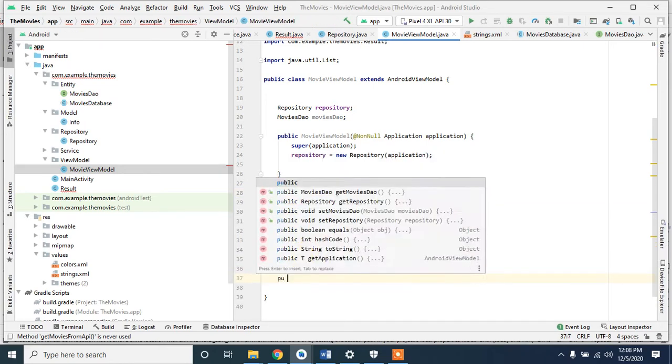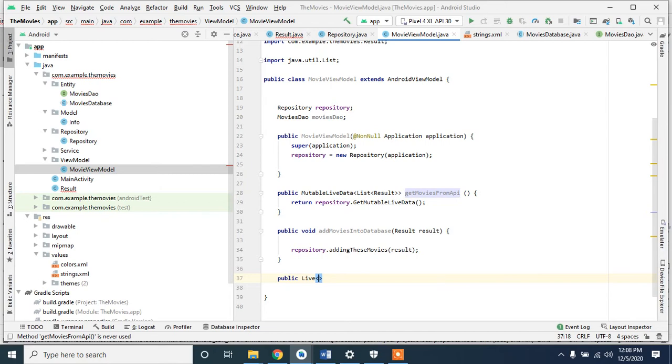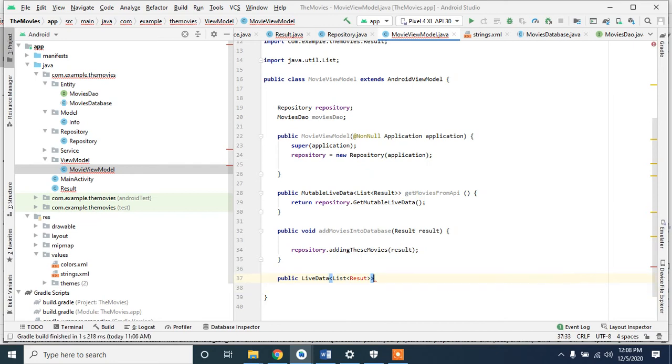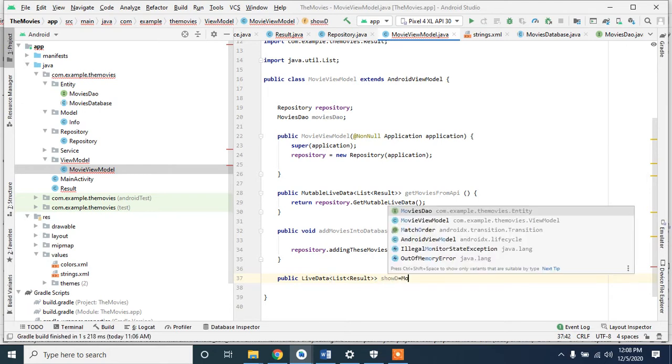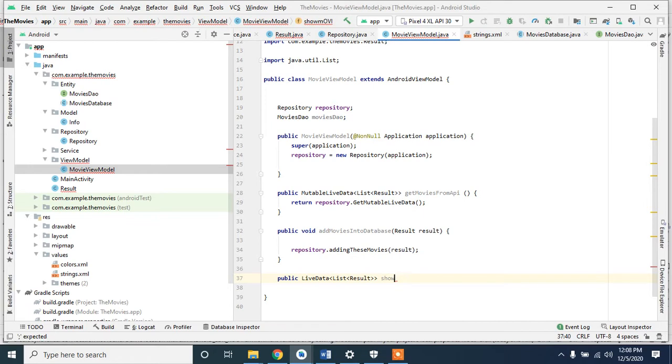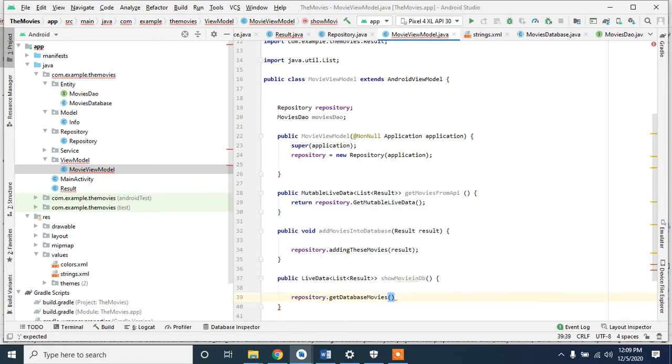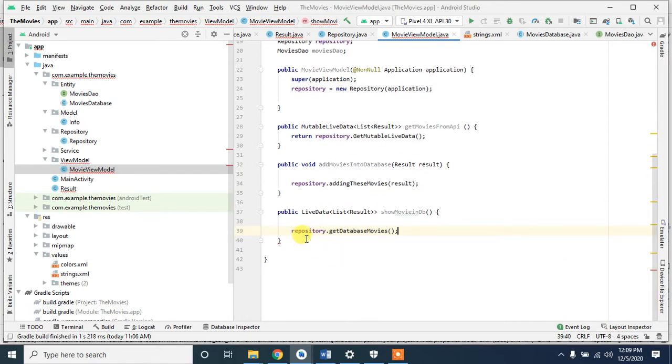And adding movies and public live data list result, show DB movies. After the movies have been added in DB, you want it to show the movies. Repository get DB movies. Okay. Now our view model is done,